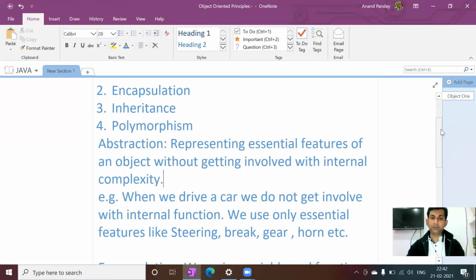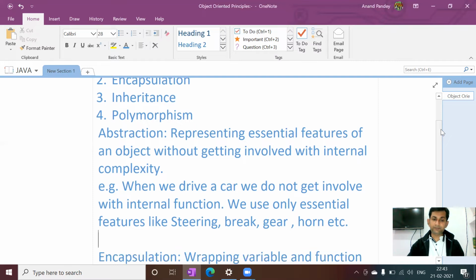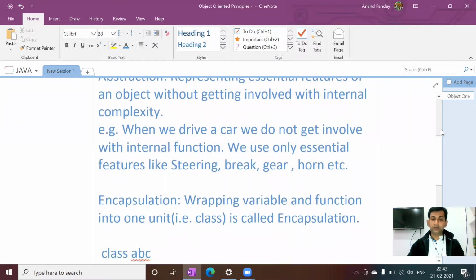So I hope abstraction is clear. Again, I'm repeating in simple language. Abstraction is a method or a way to represent an object in such a way that only essential features will be represented without getting involved with the internal complexity. Okay, so this is an example of abstraction when we drive a car. Okay, now coming to the next,